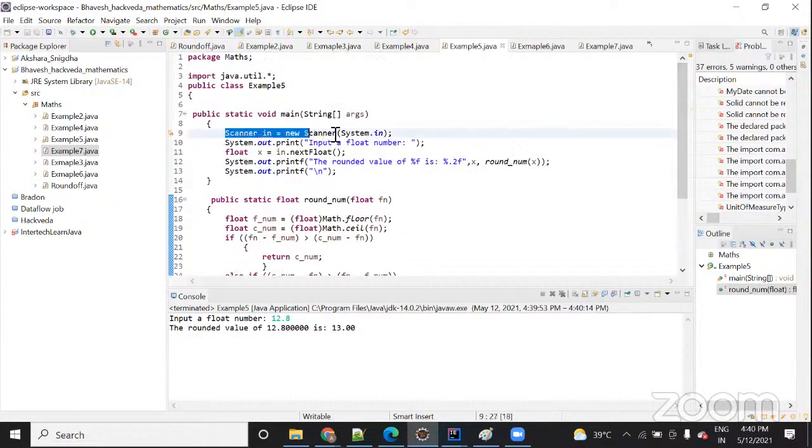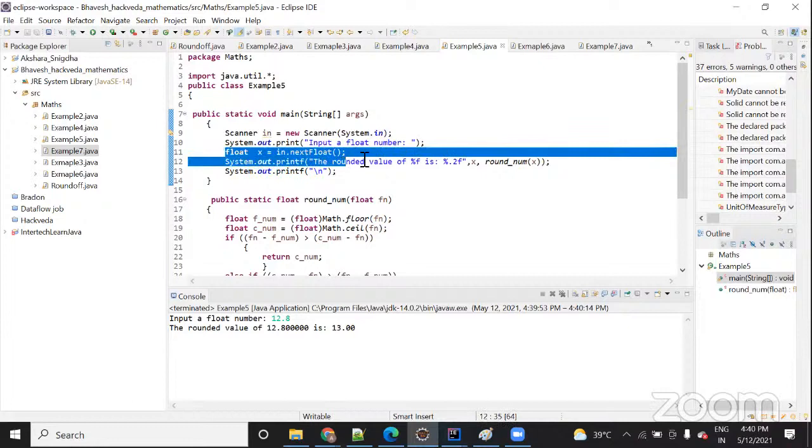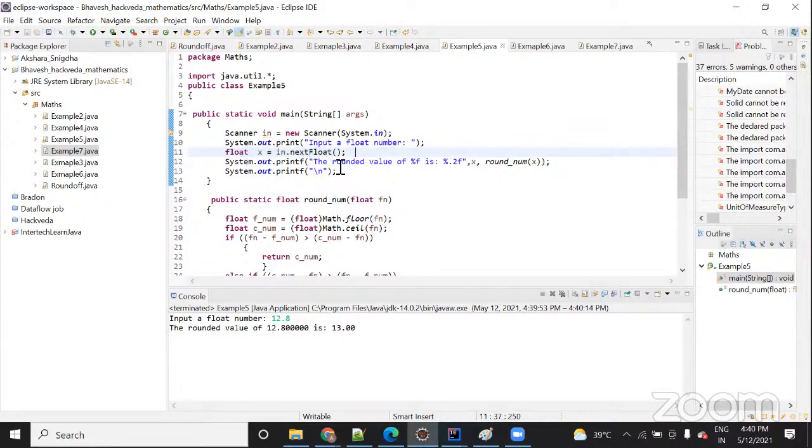First you are going to read the value. Second, you will ask the user to input a value. Once you input the value, you need to round off that value in the form of ceiling and floor. Just like when we enter 12.8, whatever the ceiling value is, you are going to round off that value.